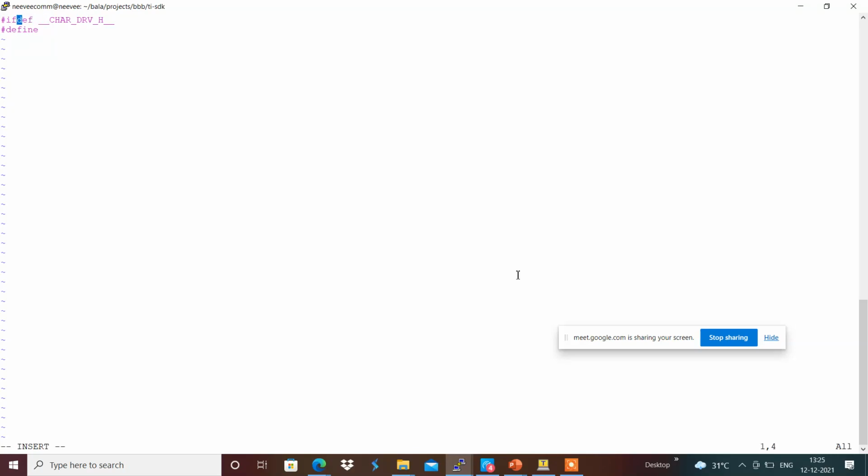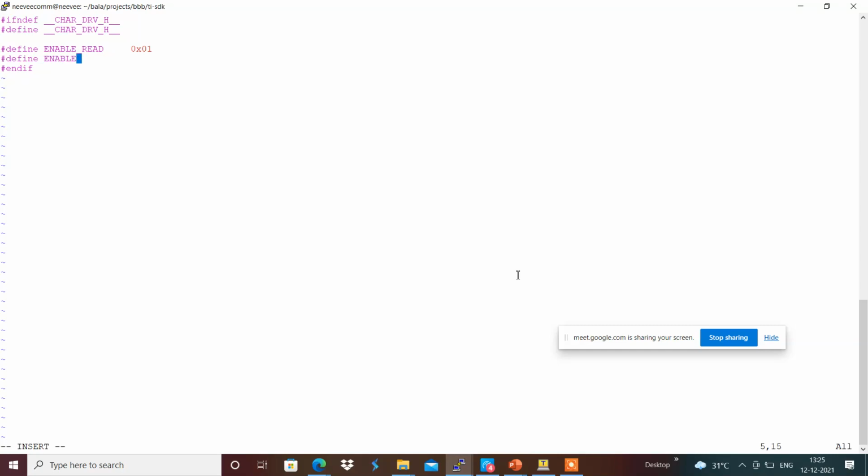And I'm going to give a command called define ENABLE_READ, which can be something like 0x01, and define ENABLE_WRITE 0x02. Like that we can define the commands that we can use.